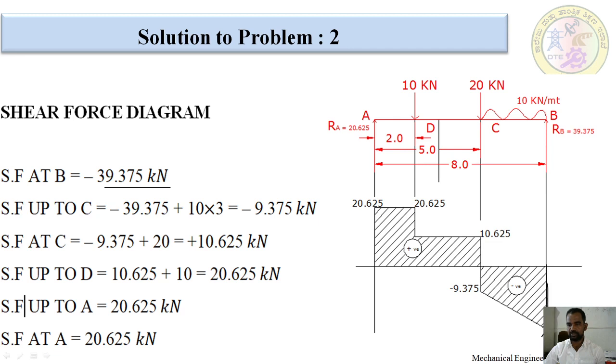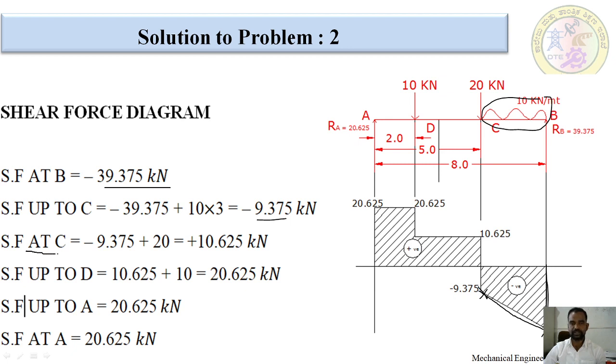For that reason I am going to draw one line. Okay, don't draw a horizontal line because we have a UDL load here. Up to the C point we have negative 9.375. For that reason, 9.375 is less than that one, so we have to mark it here, and we are going to draw an inclined line here. We have to join with an inclined line because for a UDL load we start with a straight inclined line.